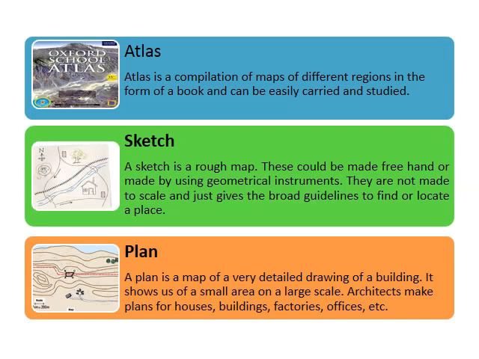Third one is plan. A plan is a very detailed drawing of a building or a structure. It covers the length, breadth and height of buildings and spaces. Such details cannot be shown on a map and these are different for each structure. Normally, architects make plans for houses, buildings, factories, offices, etc. They may have many details like water lines, electric lines, placement of furniture, etc.